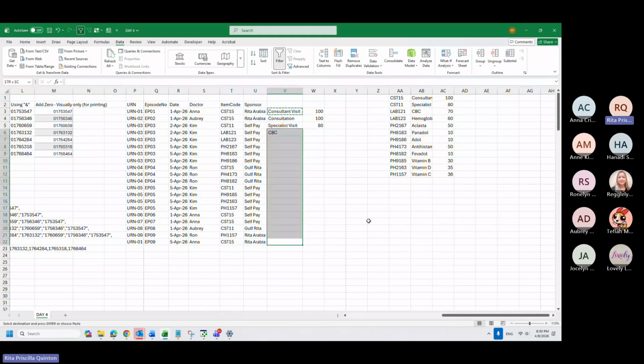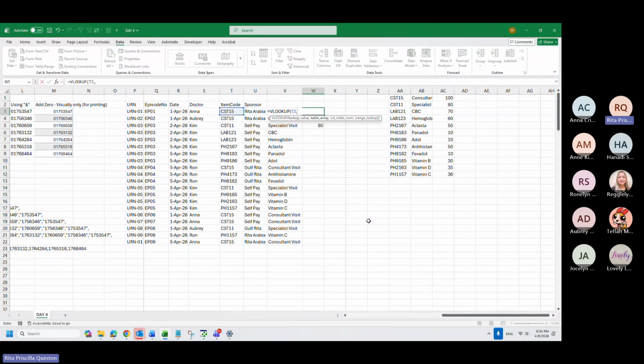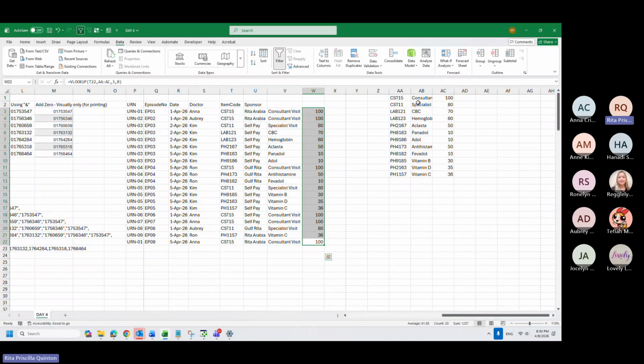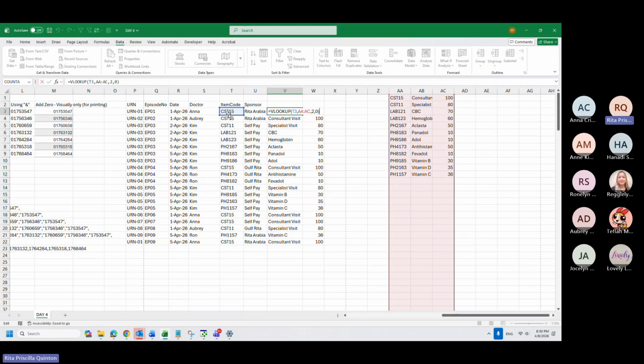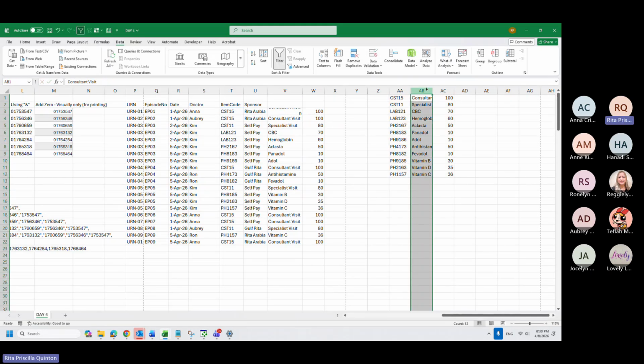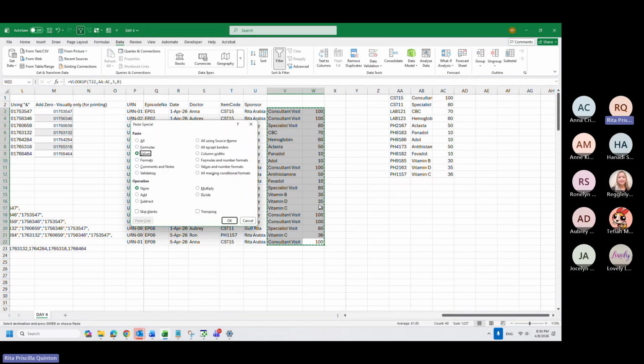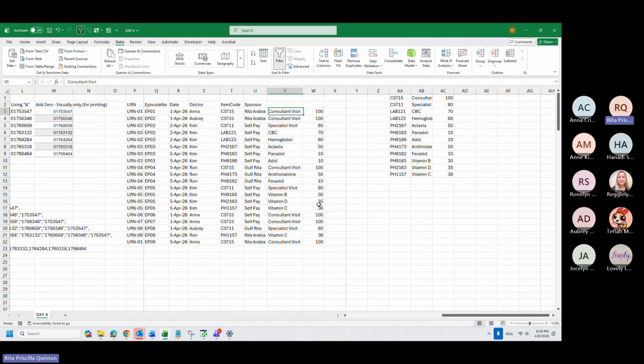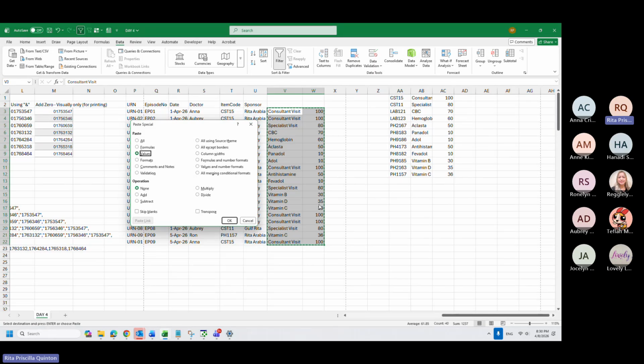I want to show you how the VLOOKUP works, but I will dive in with this one on the second week. So what the VLOOKUP did for me is to look for the corresponding description and corresponding price. So now all of them are standard. I copied and paste as values.